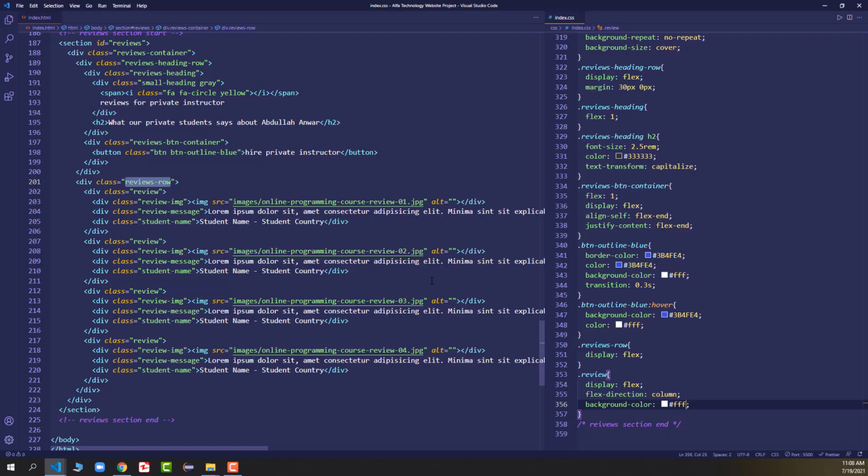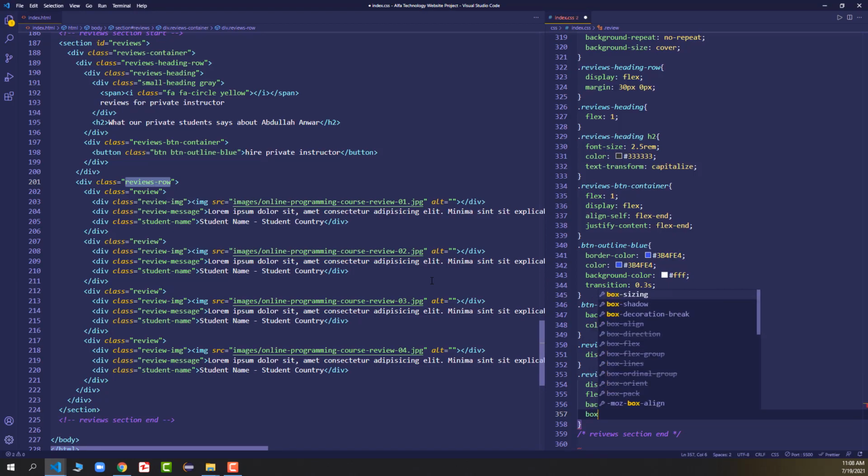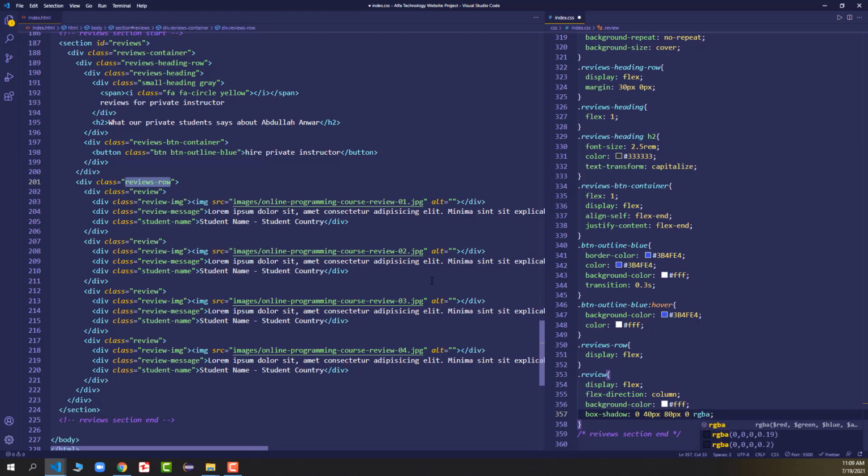Then we'll apply the background color as white, because our background image is a little half white. Then we apply the box shadow of 0, 40 pixel, 80 pixel, and again 0, and here we'll say RGBA, red green blue alpha: 192, 190, 190 and 0.2.